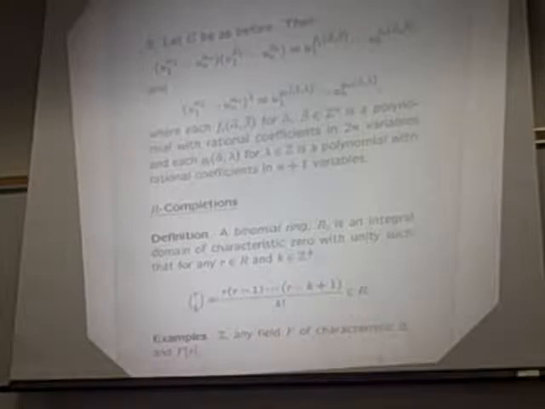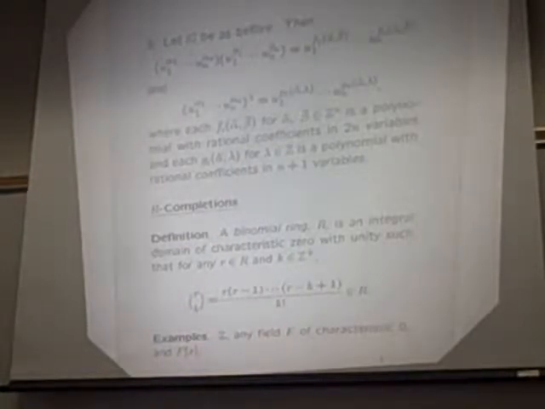Okay, so now those are the preliminaries. Now it turns out that this information that I've given you so far can be used to talk about what is known as an R-completion of a nilpotent group. So let me now inch in towards that. By definition, a binomial ring is an integral domain of characteristic 0 with unity such that whenever you take an element in the ring, then you can define these binomial coefficients. So each of these binomials (r choose k) are actually unique elements in R.